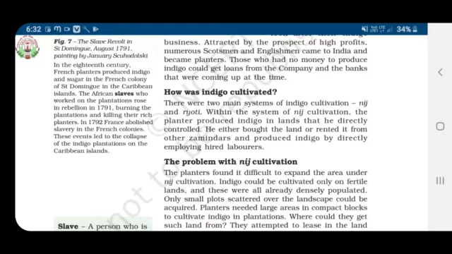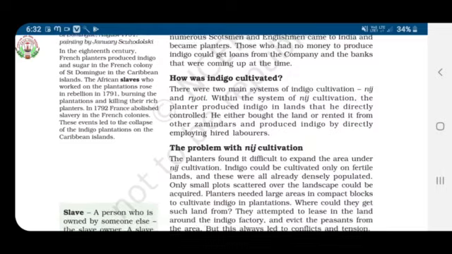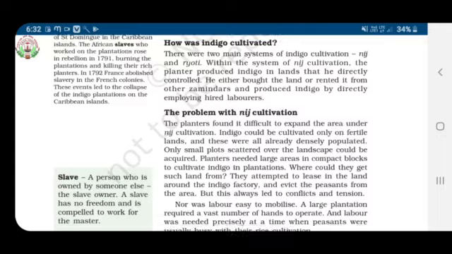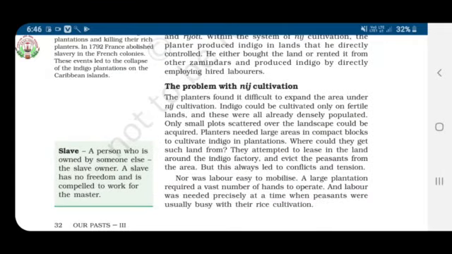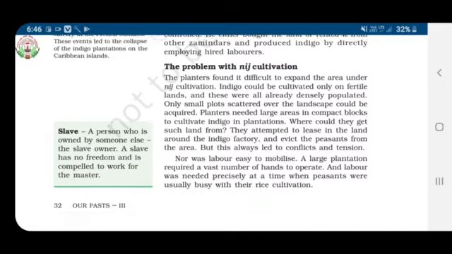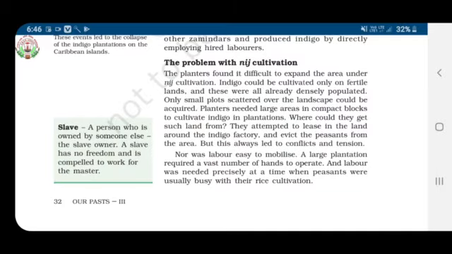There were two main systems of indigo cultivation. They are nij and ryoti. Within the system of nij cultivation, the planter produced indigo in lands that he directly controlled. He either bought the land or rented it from other zamindars and produced indigo by directly employing hired laborers. The problem with nij cultivation is that indigo could be cultivated only on